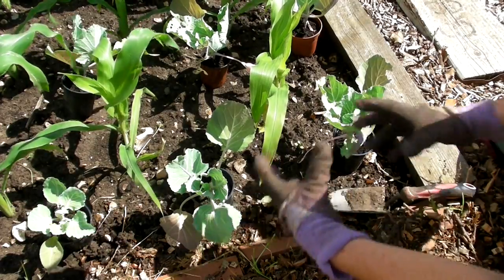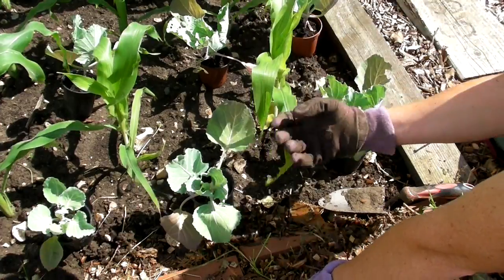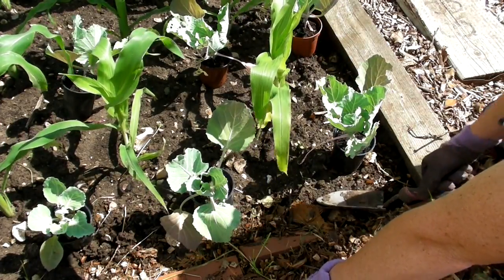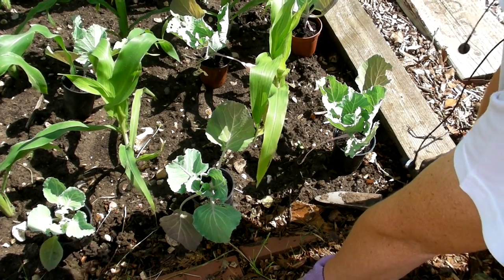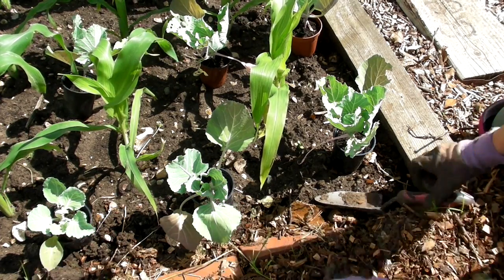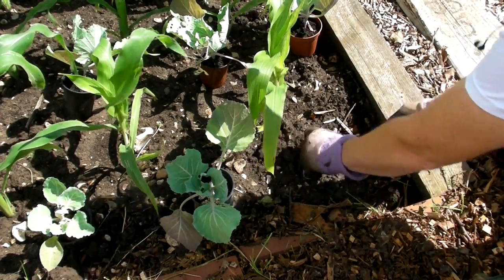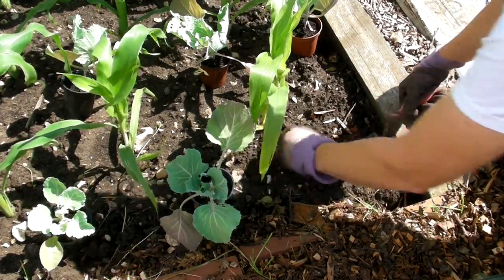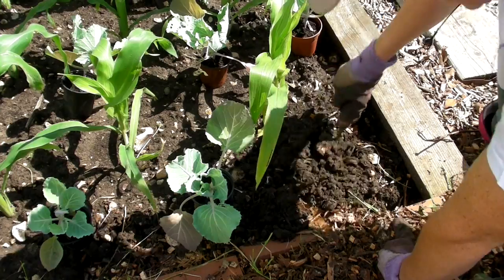They should hopefully create a nice ground cover, and the sweet corn will grow above them, and because they'll create a nice ground cover, it will stop the weeds from coming through, but only time will tell. So make sure that you remove any weeds that are already in the bed,